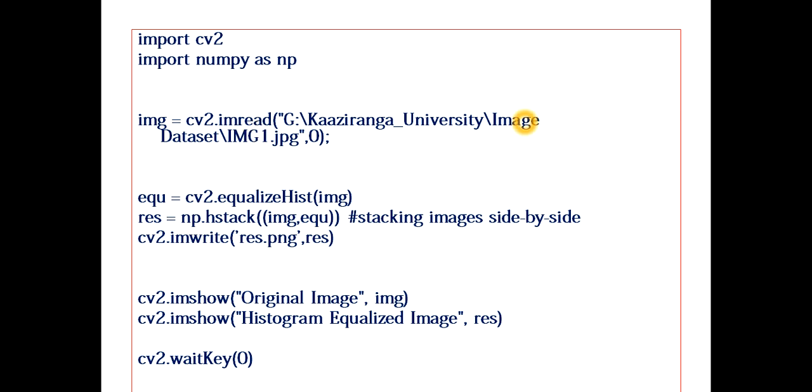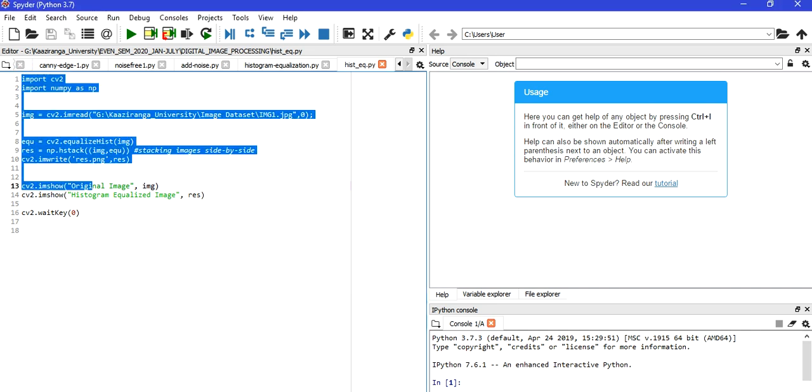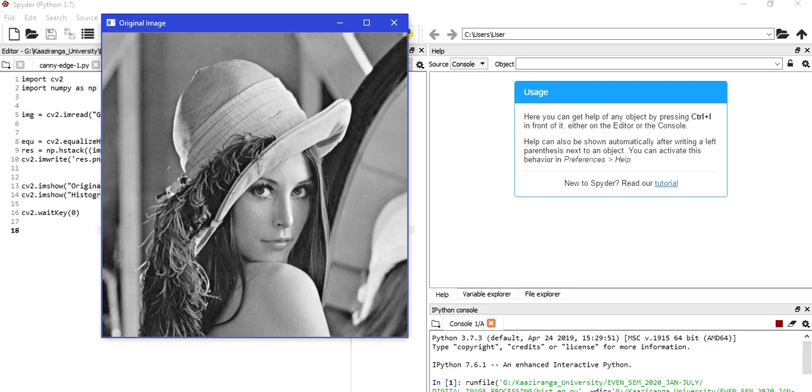Now coming to the practical implementation. So open your Spyder. That's the code I have written as it is, as I have illustrated to you. I have named the file hist underscore equalization eq. All the code I have written here is the same as it is. So let's run the file. The file is running. You'll see it in the console part. Yeah, I have got the result also.